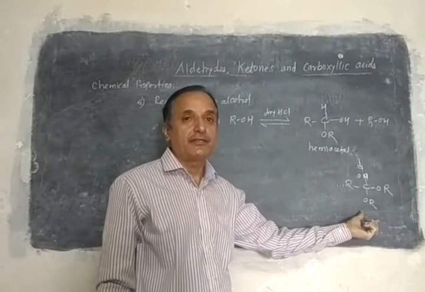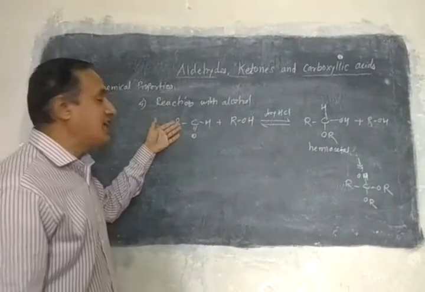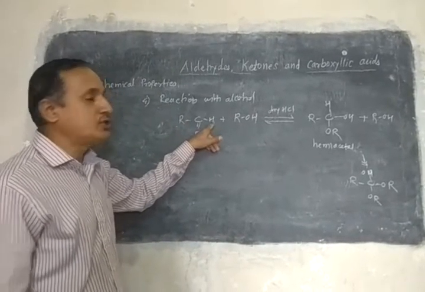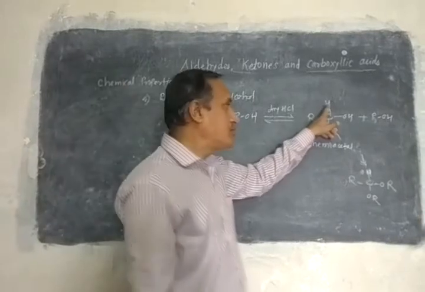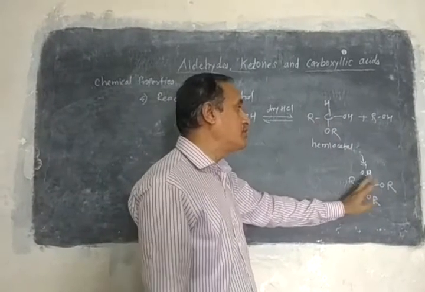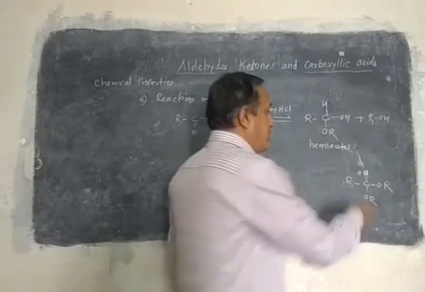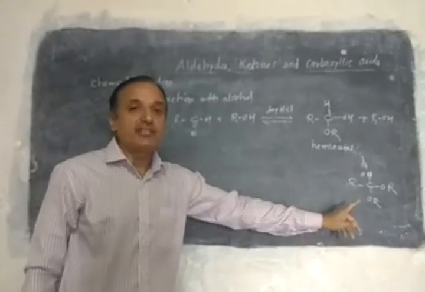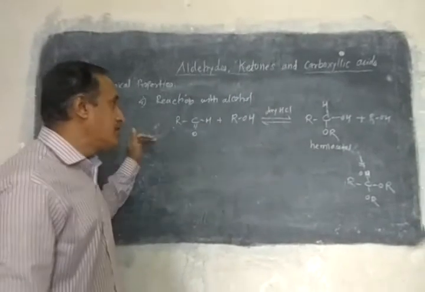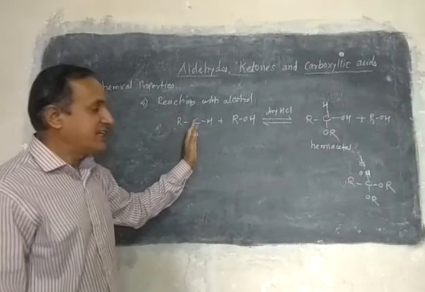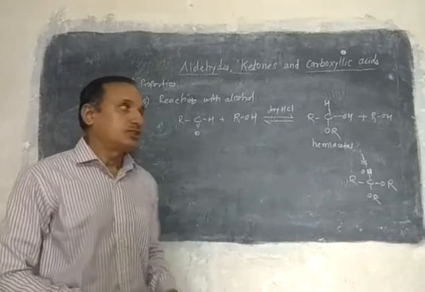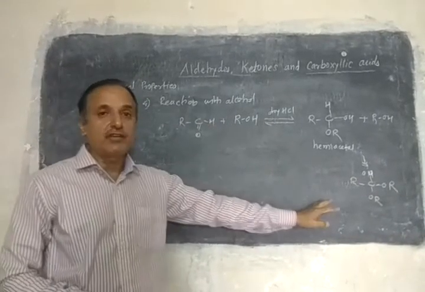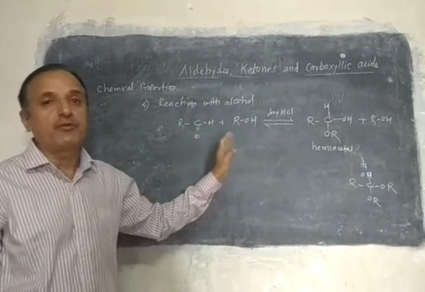It is called acetal. Now in place of aldehydes, if you take ketone, in place of the H you can take R here. The same, in place of H you will get R here, so here R won't be there; we get R1. So in this case, when ketones are there, they can form the ketal. Remember the same reaction: with aldehydes alcohols form the acetal, and with ketones it forms the ketal.